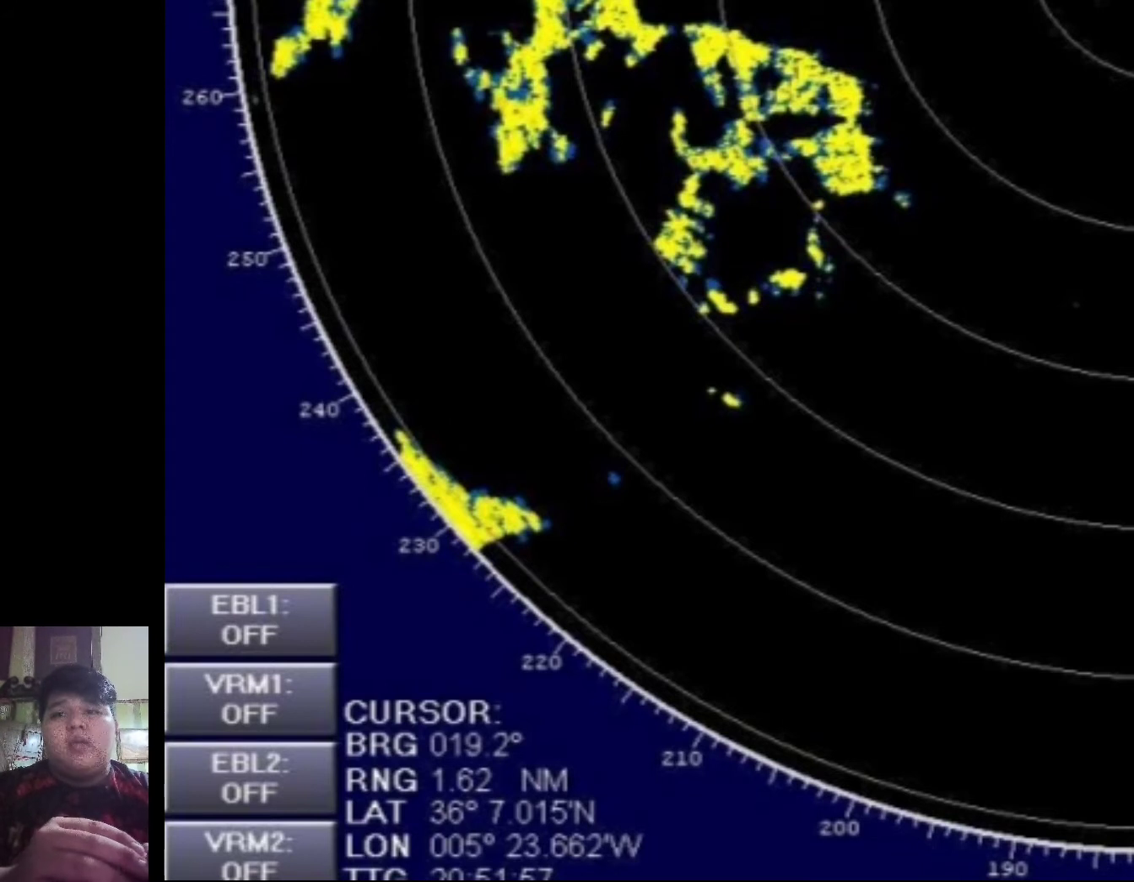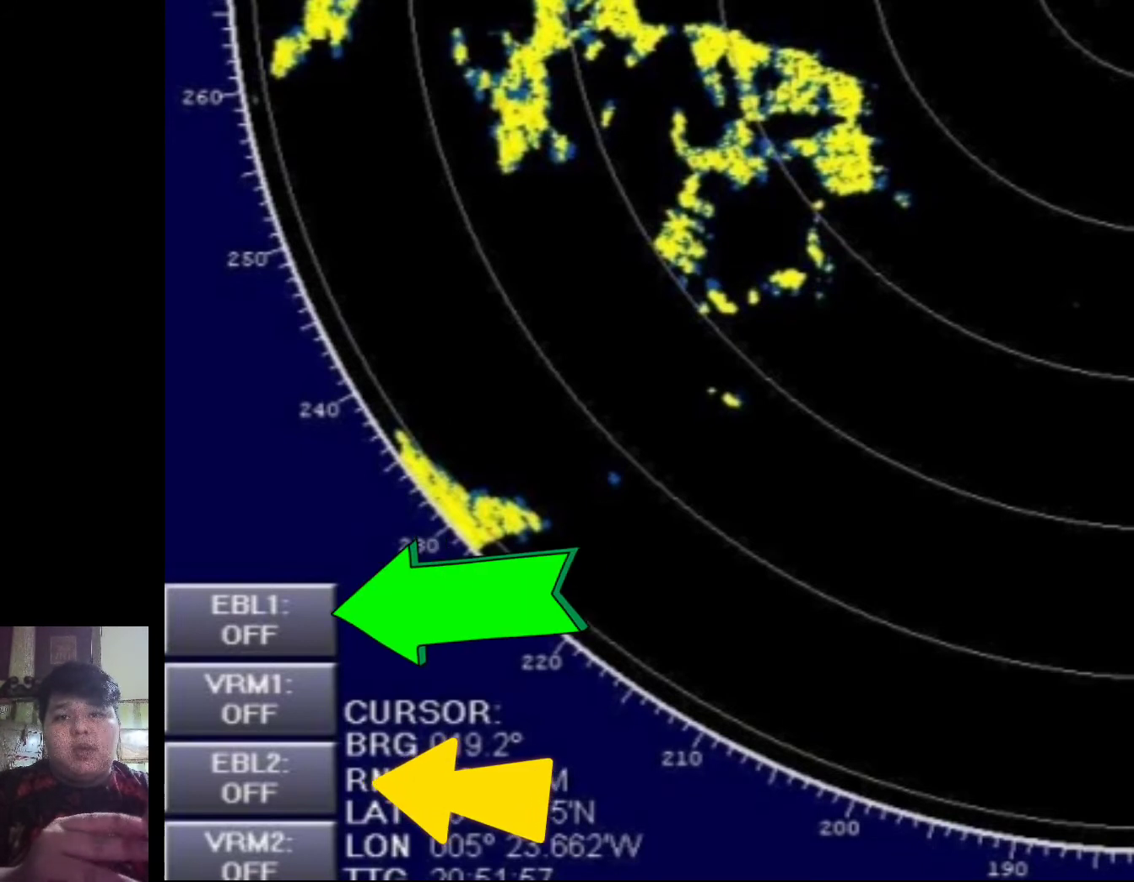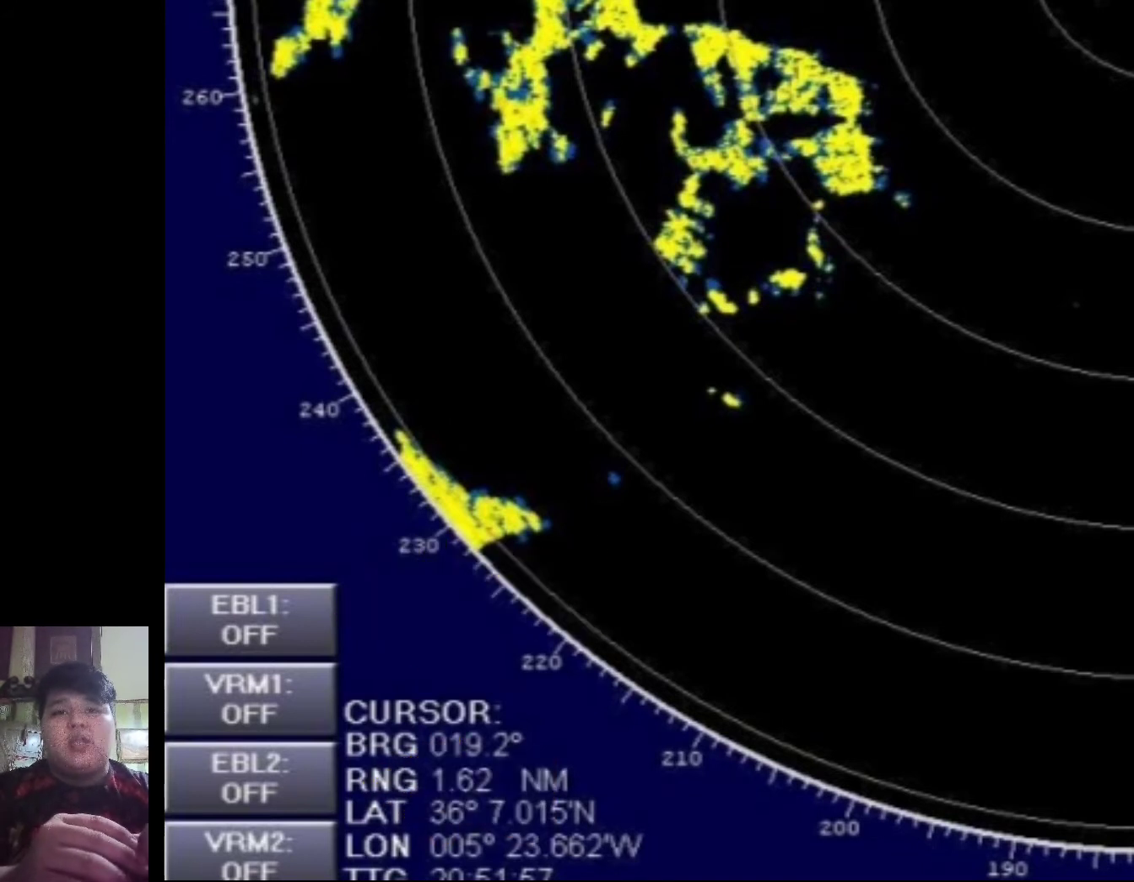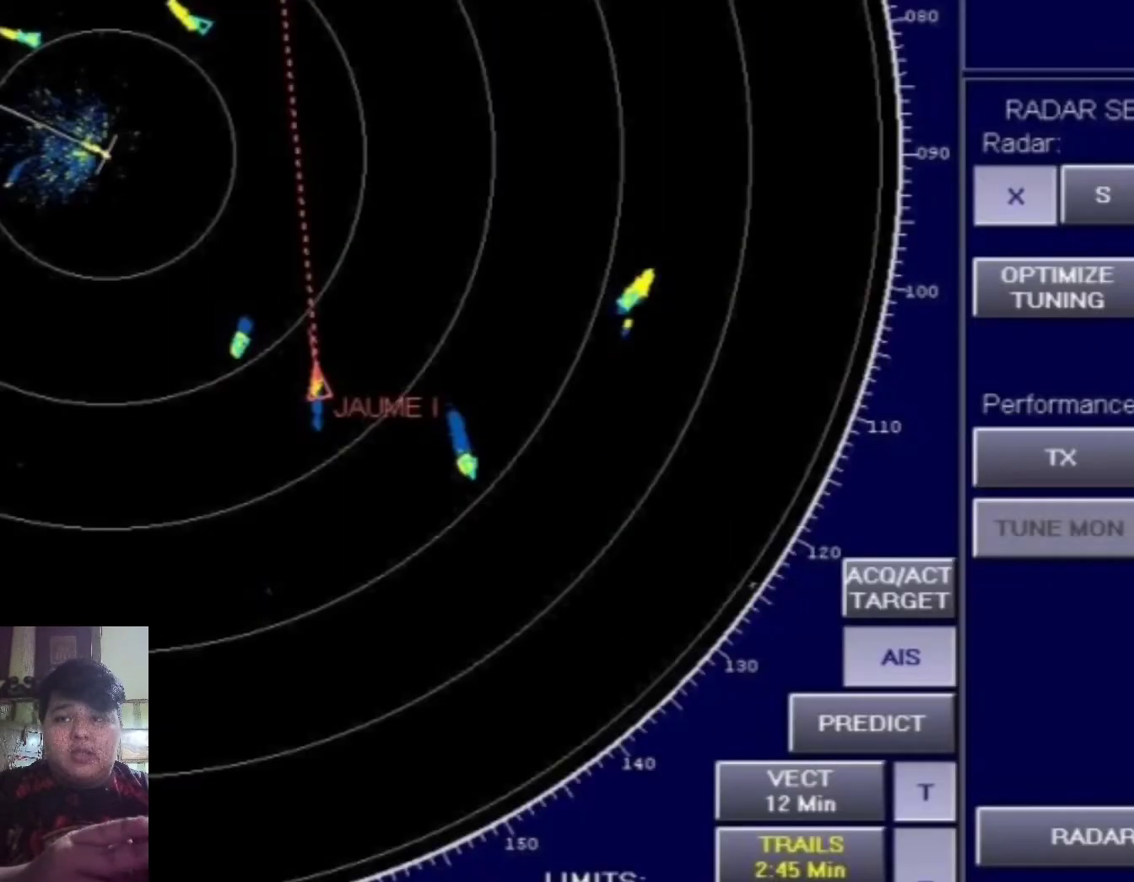And number 4, adjust the sector to effective bearing on port and starboard. So click the EBL1 and EBL2. You can now set the plus or negative sign 90 degrees. Number 5, adjust the borders to effective range forward of the vessels. So you are able to see the area ahead of your ship, and you will be able to see the upcoming targets